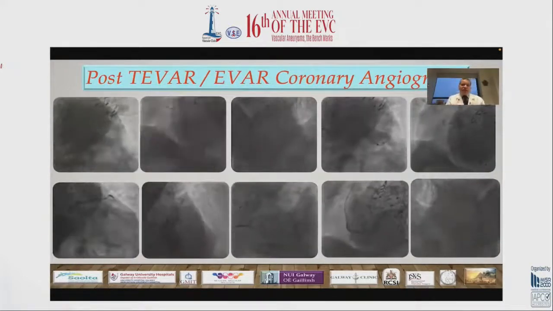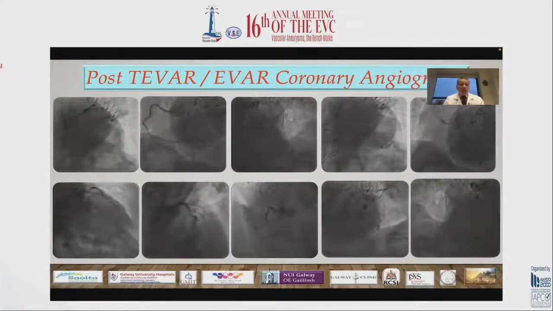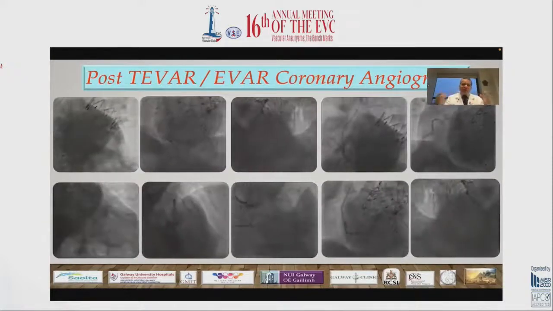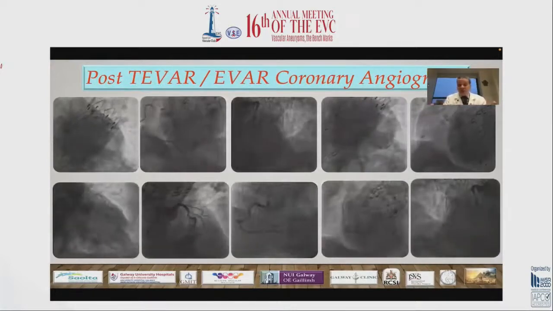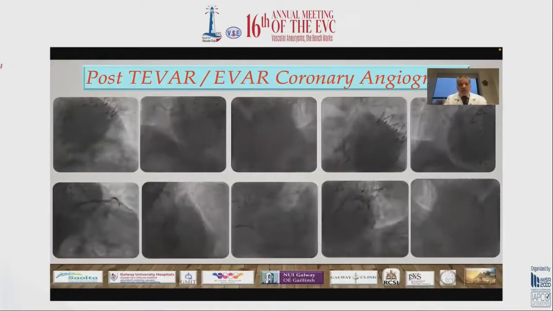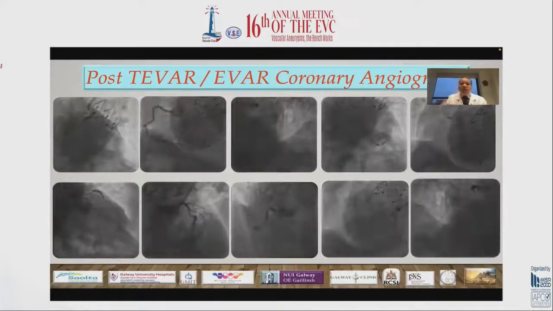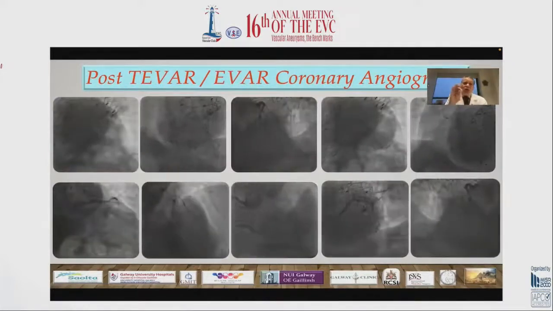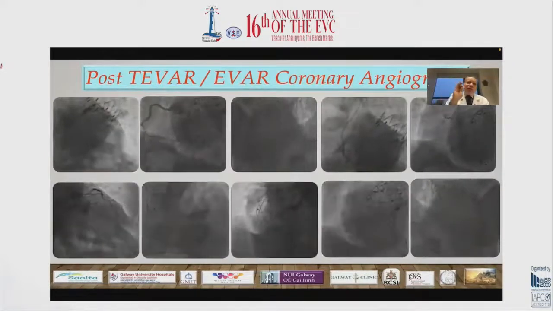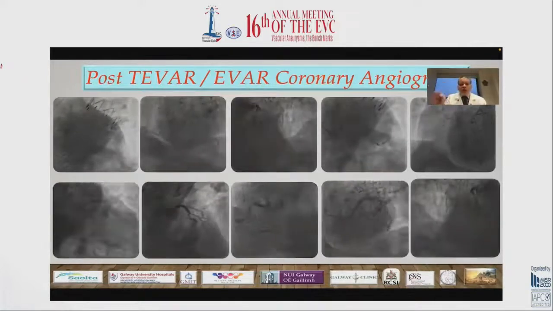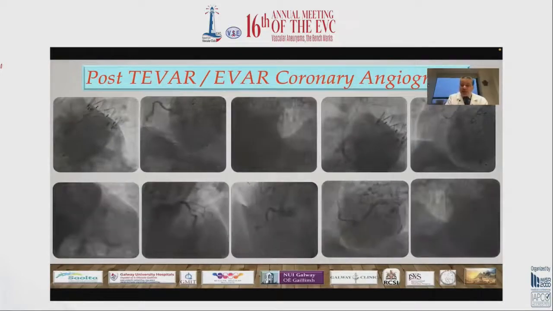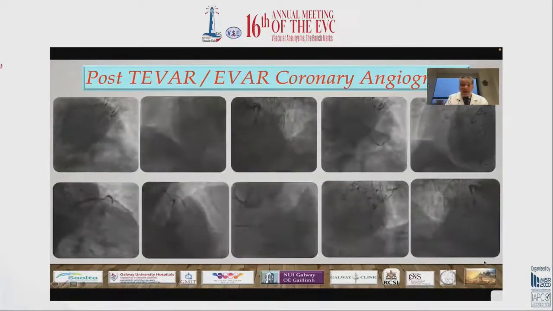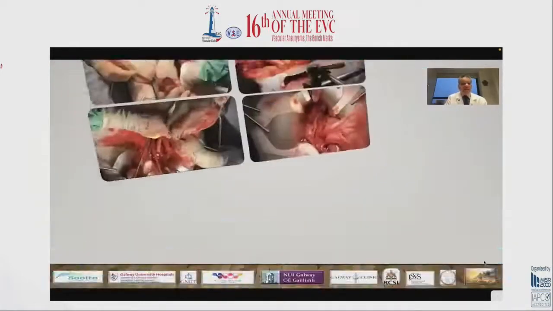So the patient comes to you after the TEVAR or EVAR with chest pain, systolic hypertension, and an elevated troponin, and you don't know what's going on. We go in and do a coronary angiogram. So they have a non-obstructive pattern of coronary artery disease because of the failure of the aorta's elastic recoil and filling of the coronary artery. It's a major problem, and a lot of people don't understand it.